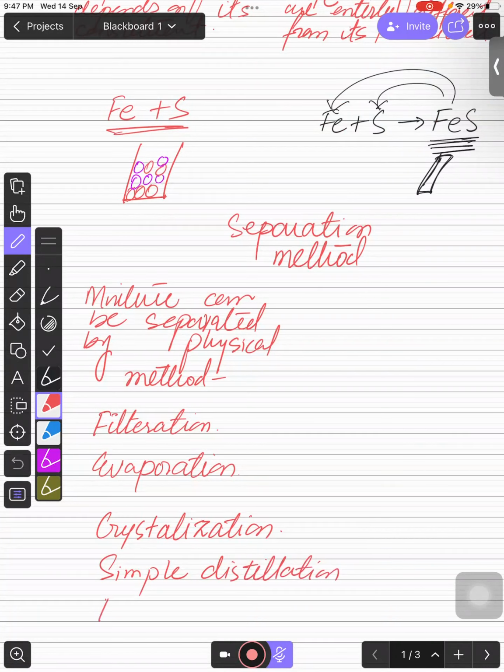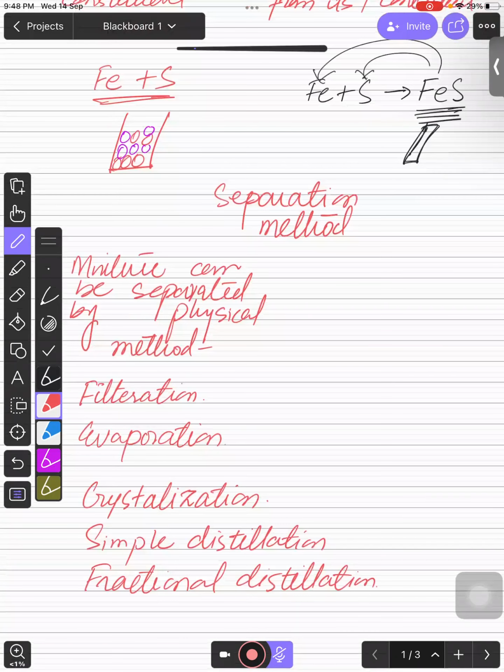So you can separate those mixtures by these processes, which have been physically combined. So if you want to separate them, you can use these methods, right? And if you want to separate compounds, so you can use